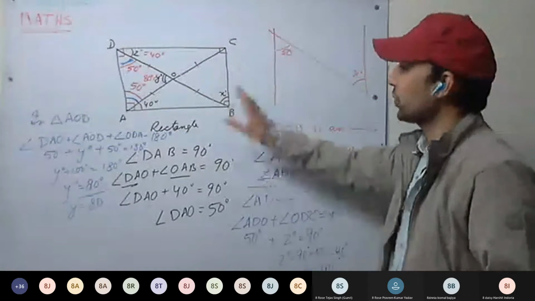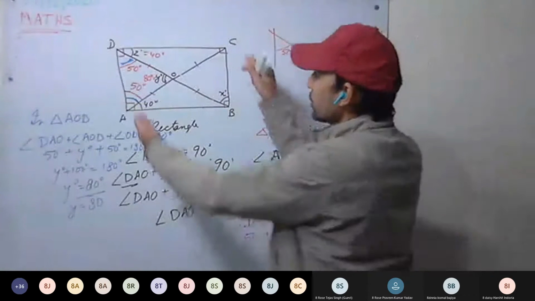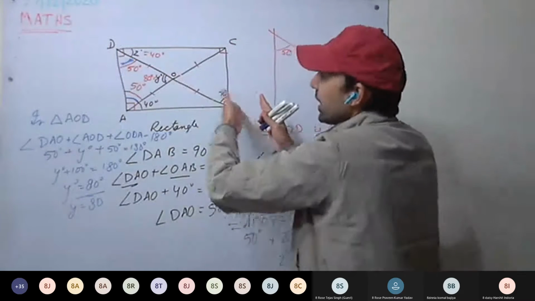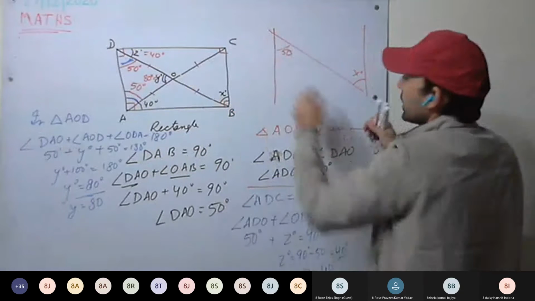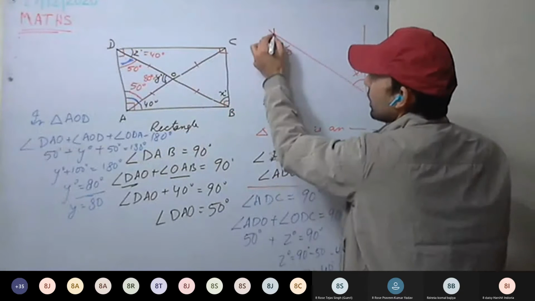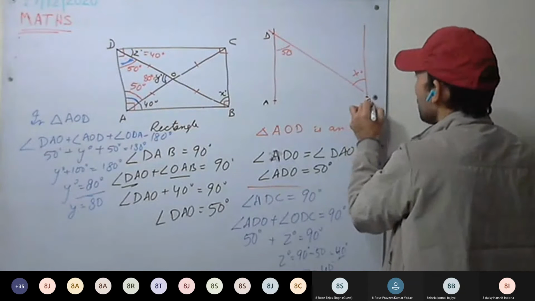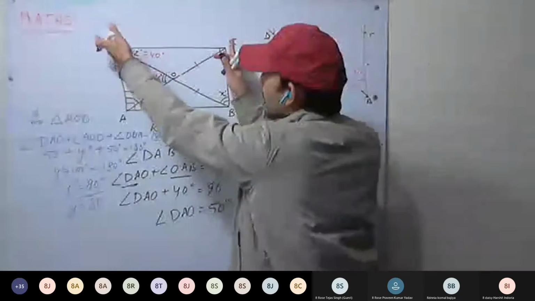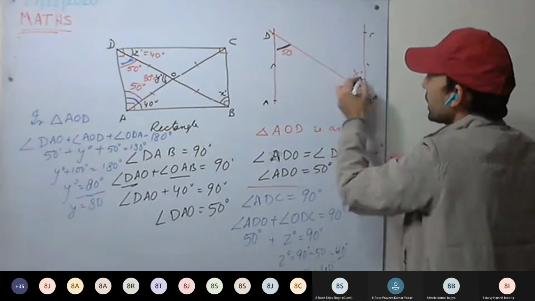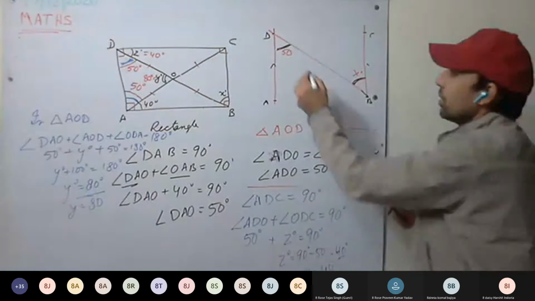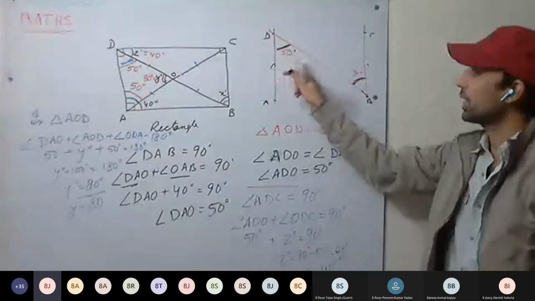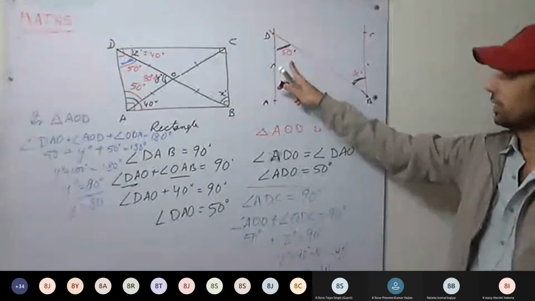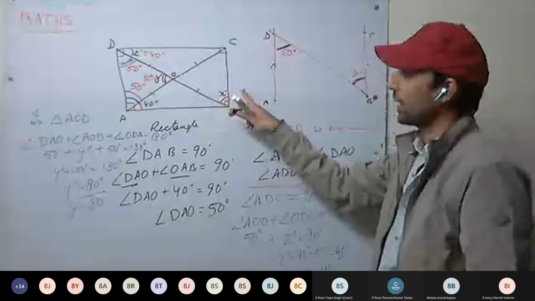See, there are many ways. The first way: these two lines are parallel, and this is one line cutting both these lines. You can see here A, here D, here B, here C. These two lines are there, and this is a line cutting these two lines. If this is 50 degrees, this will be how much? 50 degrees, because they are alternate interior angles. So X degrees equals 50 degrees, X equals 50.